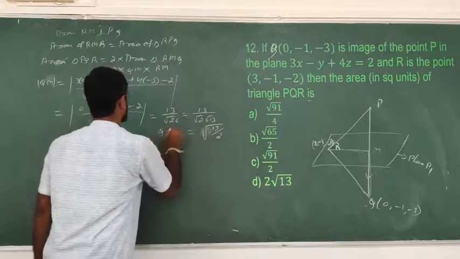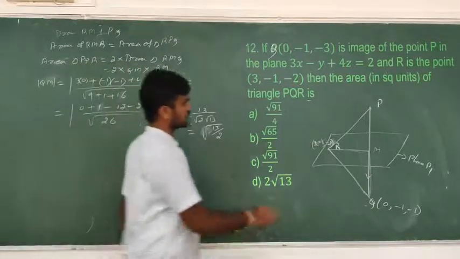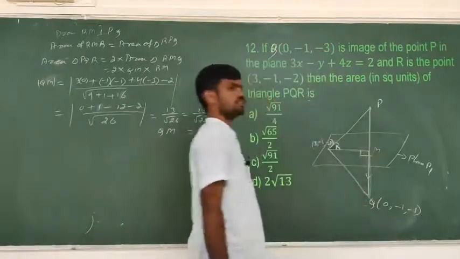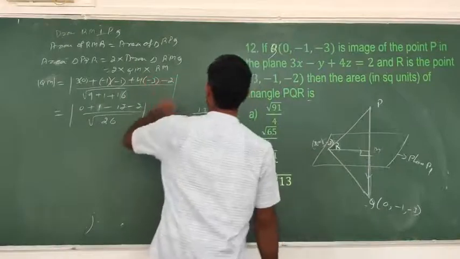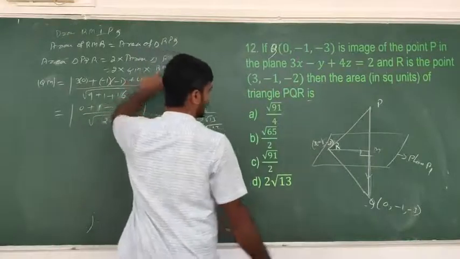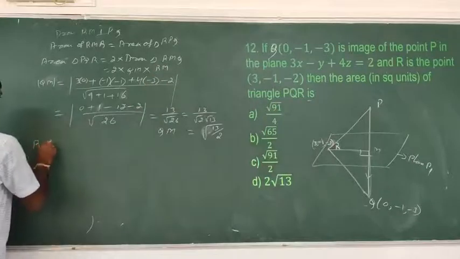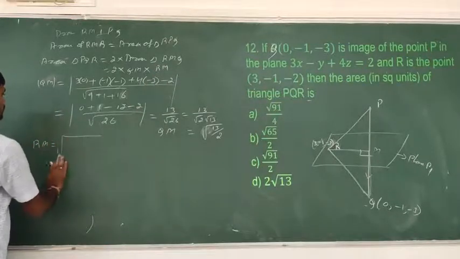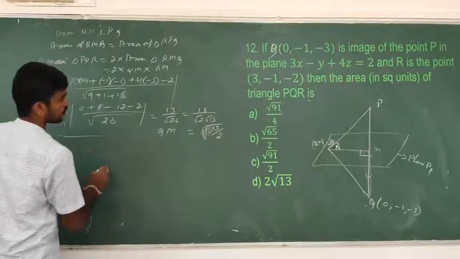So QM is equal to square root of 13 by 2. Now, we said perpendicular, so this triangle is a right angle triangle. We have got QM, we have got RQ, and we need RM. So RM is nothing but this one. RM is equal to square root of which one square? RQ square